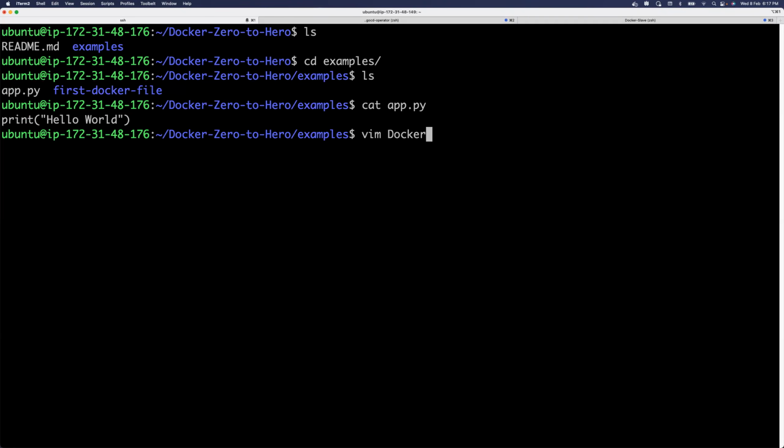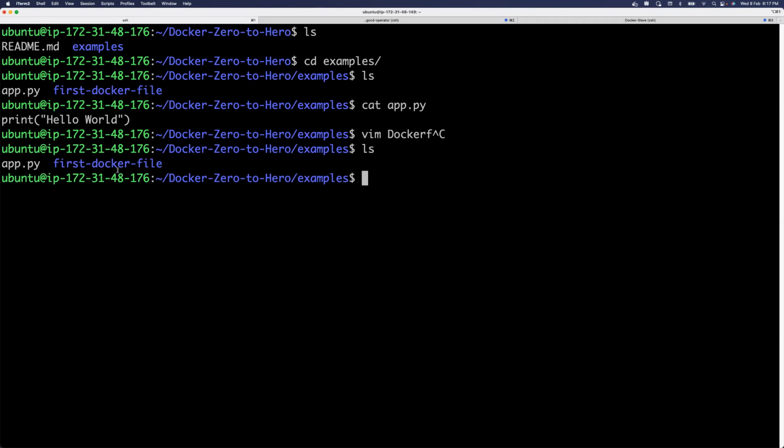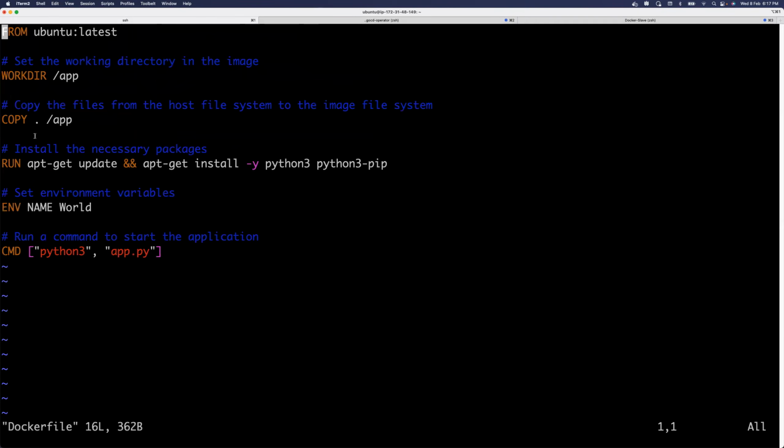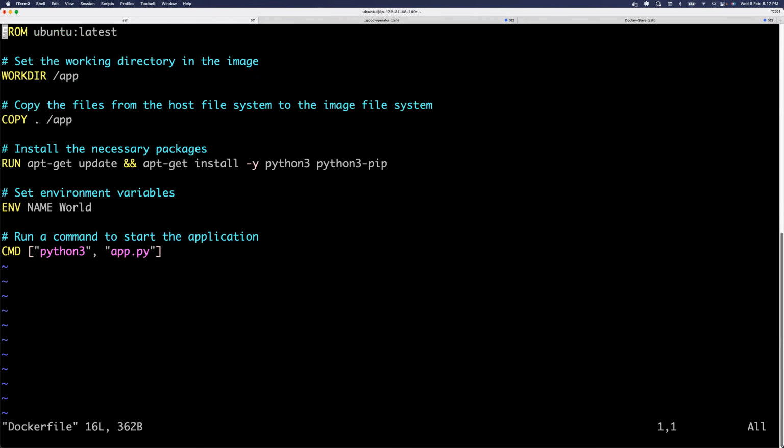Okay, or like I told you, what we will do is, okay, what happened here? Yeah, first Docker file, I need to go to this folder. Okay, now Docker file. Now let me go to this Docker file. If you see this Docker file, what I'm doing is, firstly, I'm saying from Ubuntu latest. That means we have to get a base image for our Docker container. This is very, very important. And that is what I'm stressing from previous class as well.